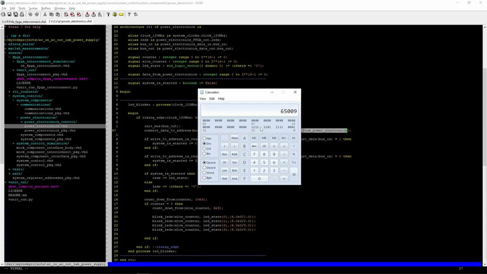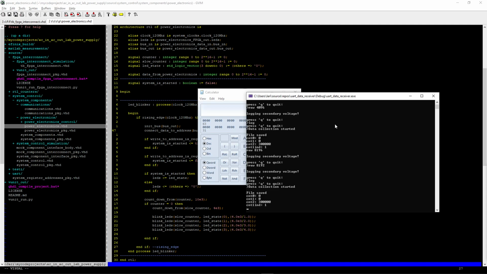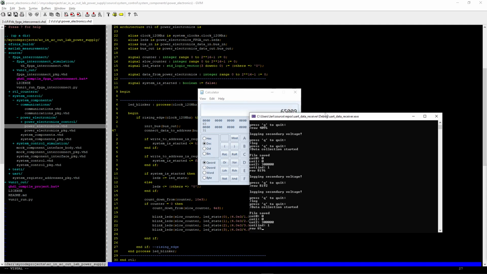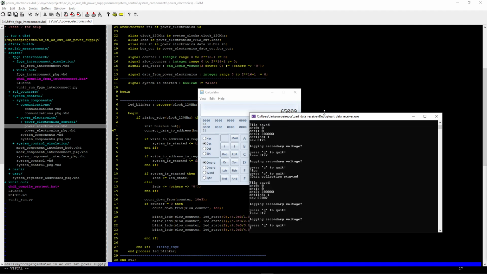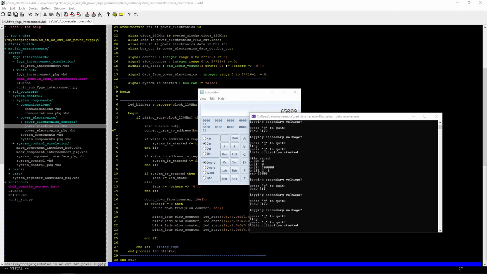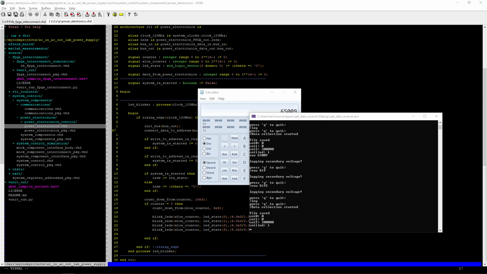So if we write the register with 65,009, so we open this up and raw 65009, and then raw 8192, and log. And once this is ready, we should be then getting the value